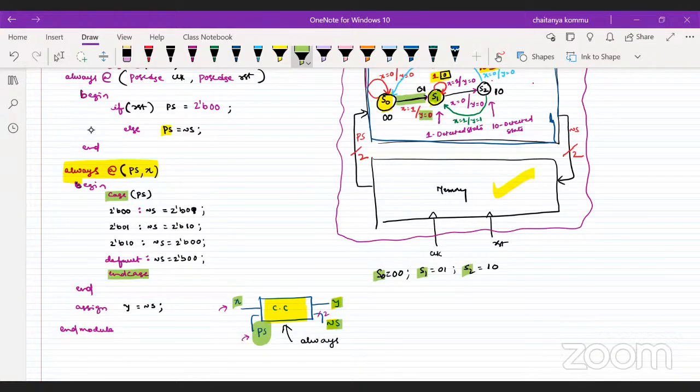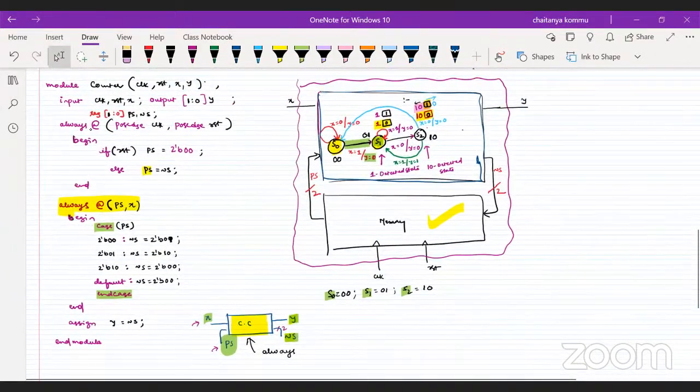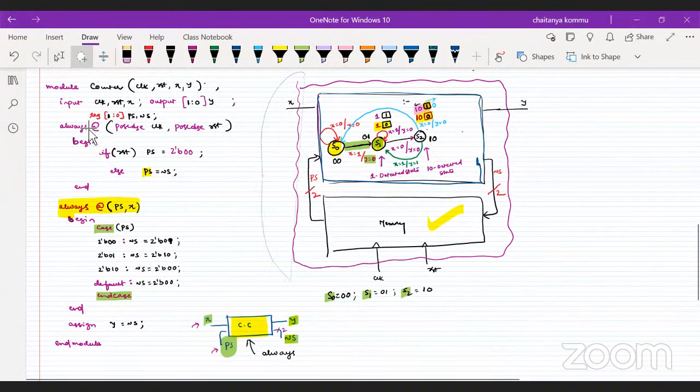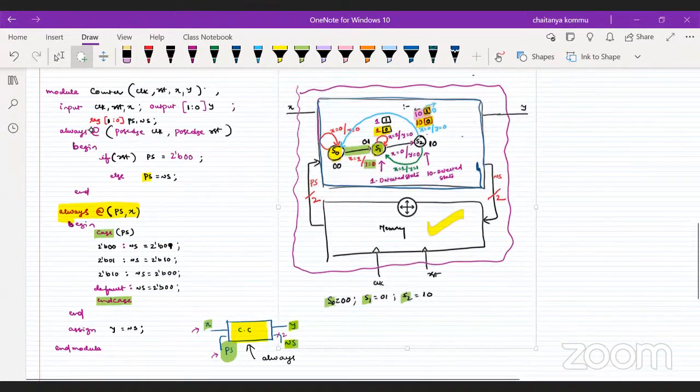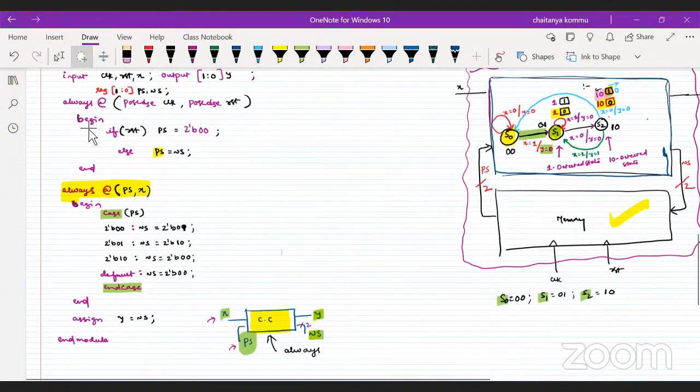So if you want to say this is the next state and this is the present state, that's depending upon the input signal. That means we need to write something about the input signal. How do I write like this? So I can write something like this. Now I can write